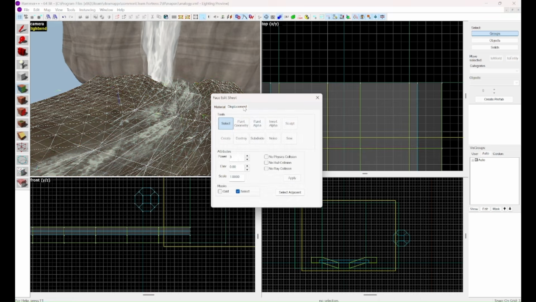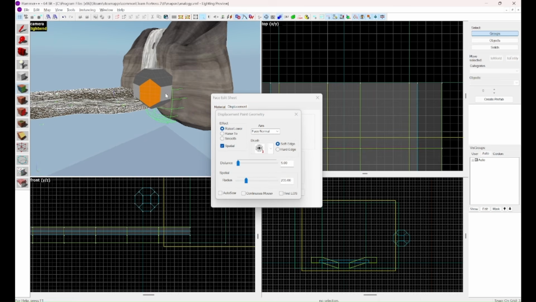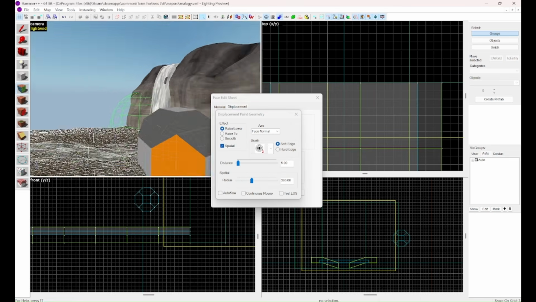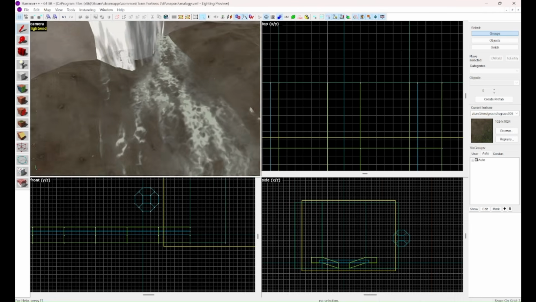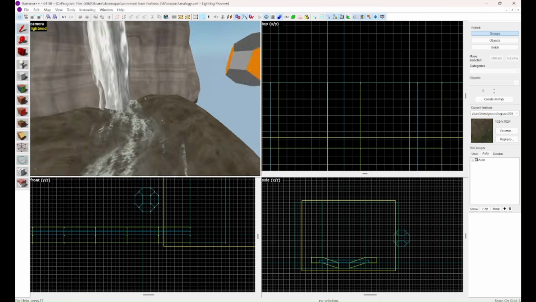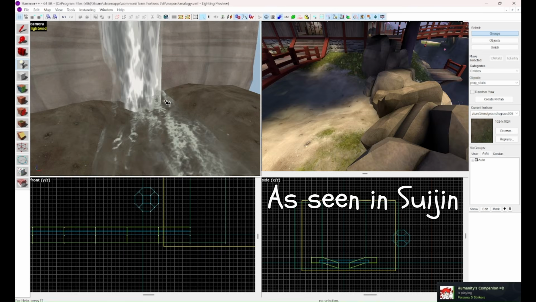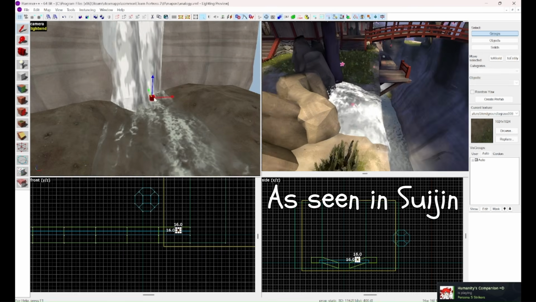And of course now the river needs to meet a little better with the waterfall. I'm going to set my radius again to a higher amount. And just have it meet up right there. Perfect. And of course a quick little trick that most maps use is right where the waterfall model meets the